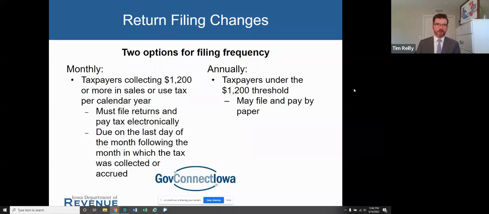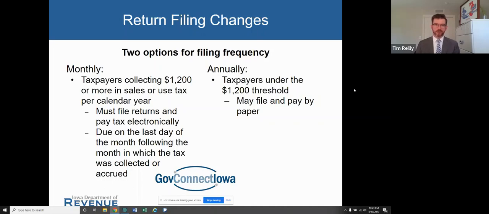In addition, the law changed to eliminate the return being due on a quarterly basis for most taxpayers. The returns are now either due annually or monthly.